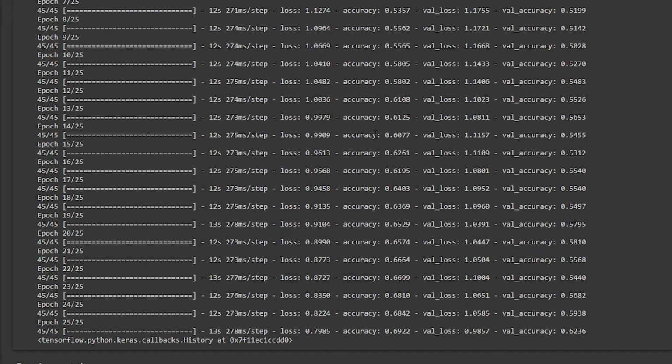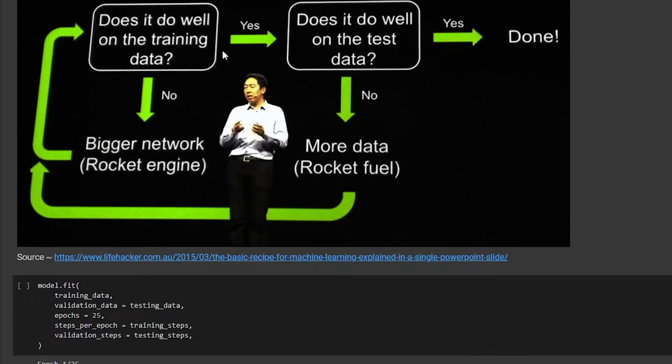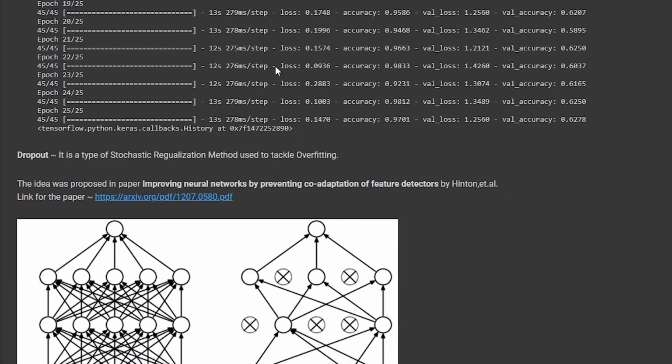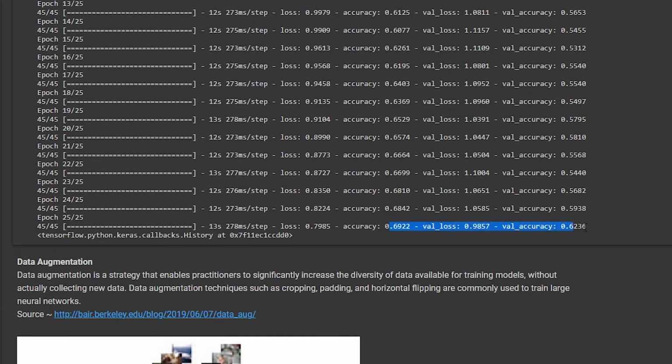Let me tell you about a new technique known as augmentation. This is just a bookish definition, but what really is data augmentation? What do we actually mean by augmentation? If we have, let's say, a poor testing accuracy, we have to feed it more data. And we have to construct a bigger network if we have lower training accuracy. This is in order to reduce the high bias and high variance problem. So we need a lot of data, and sometimes even if you apply, let's say, dropout, the accuracy is not going to shoot up.